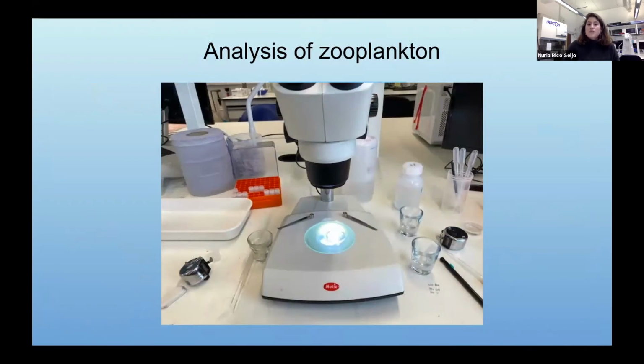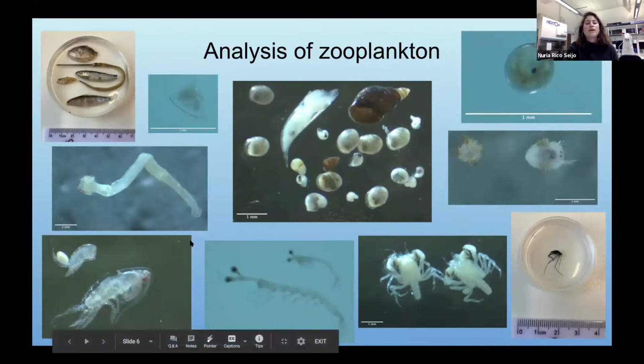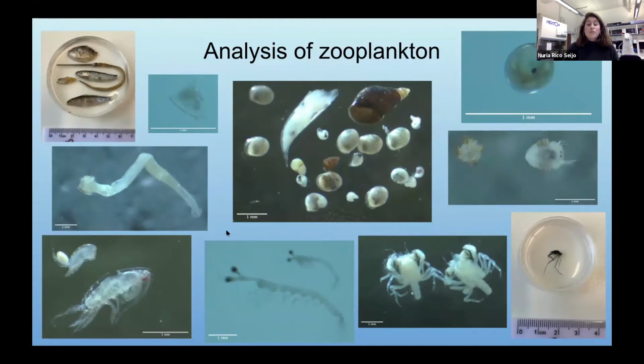After the division, we're going to get something similar to this. So this is more or less everything that we can find in that little sample. In that little sample, I have to say that we have more than 100 copepods, which are these organisms that we have here, and they're the major dominant group in the marine zooplankton ecosystem. And in more or less all samples so far, we have had at least 16 different groups, and they reach really high numbers.